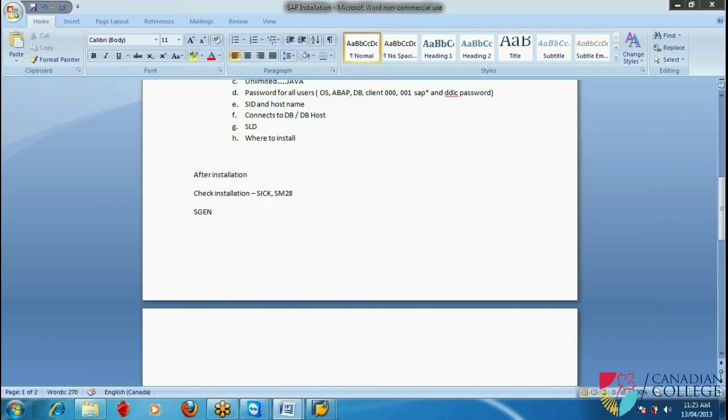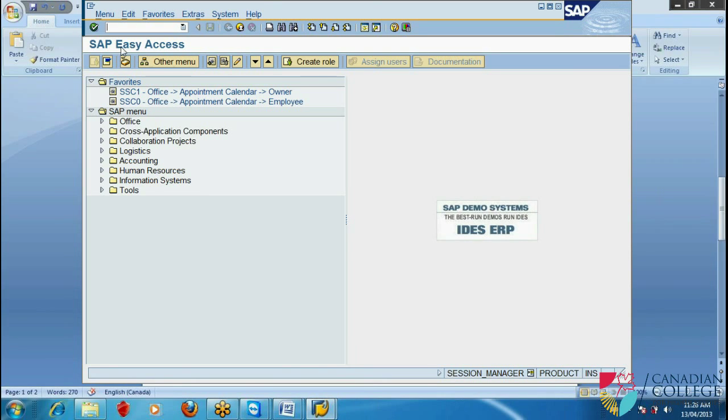What is SGEN? After installing, if we type a T code, it will start doing compilation. It will be compiling every time I type a new T code, so it takes a long time. So when I type SGEN once after installation, it may take more than 10 hours in this system, but it will compile all the T codes as per my specification when I execute this command. So for example, if I type SGEN here,